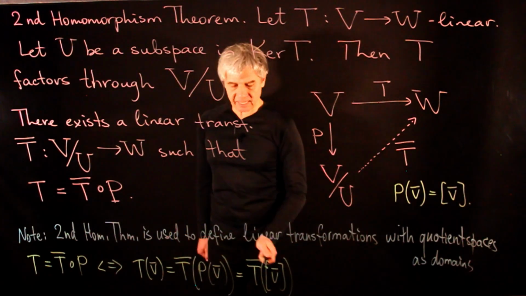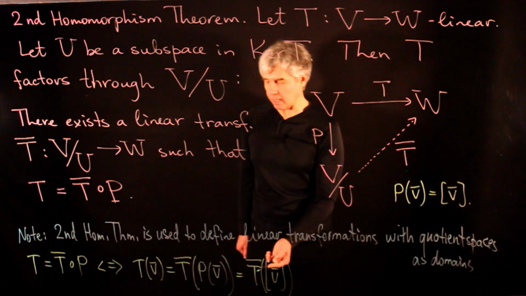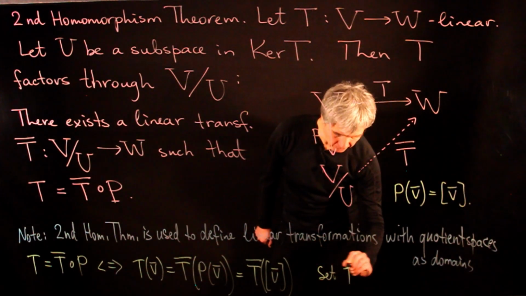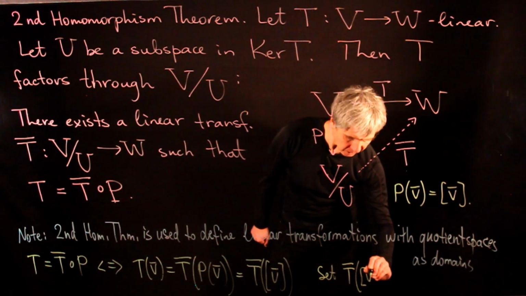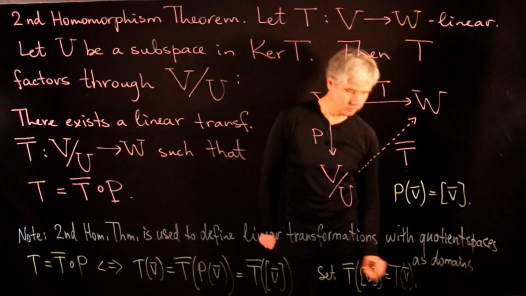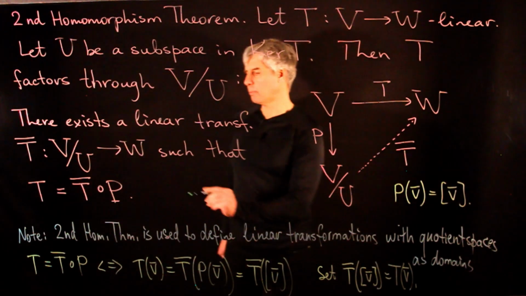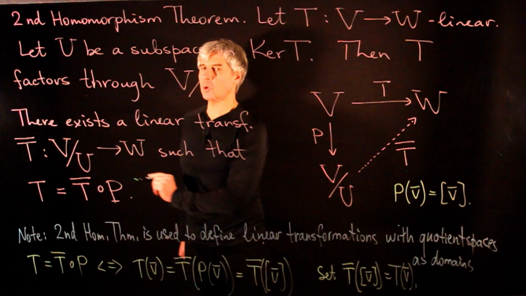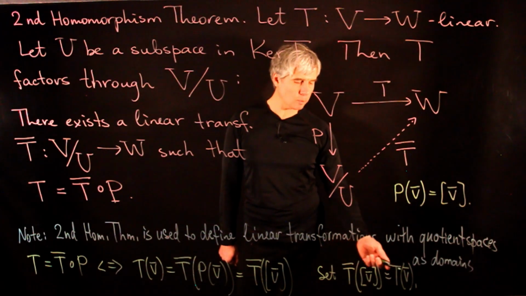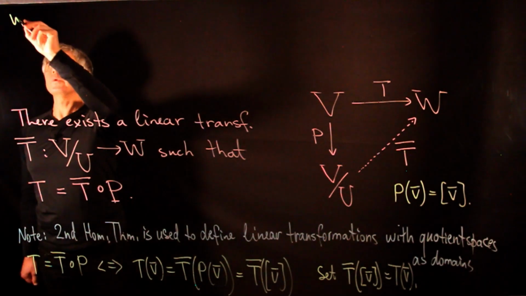And this formula tells us how we should define T bar, because now there is only one way T bar could possibly work. So we set T bar on an equivalence class to be T of V. This is the only possible construction of T bar which will be compatible with this composition formula. Now we need to see that this formula works, so that this formula indeed defines a linear transformation. We need to show